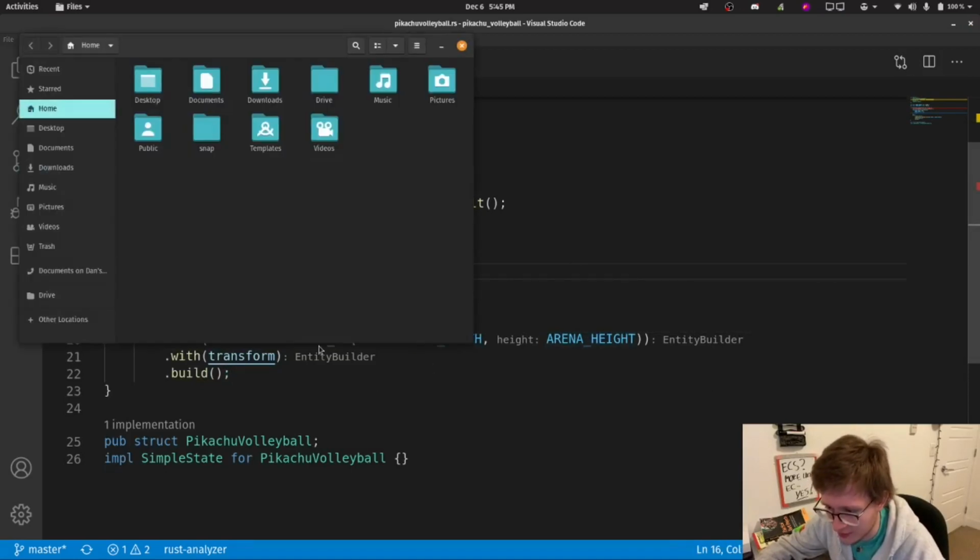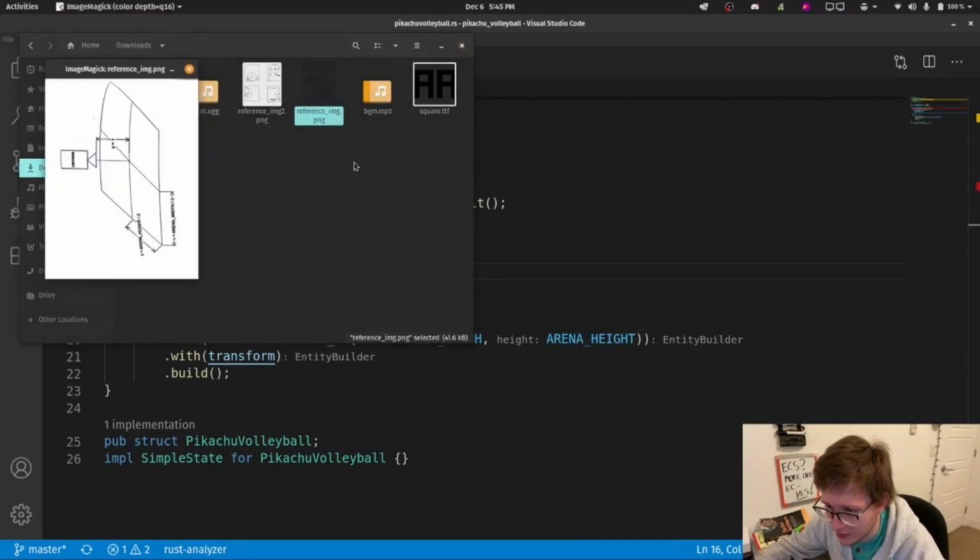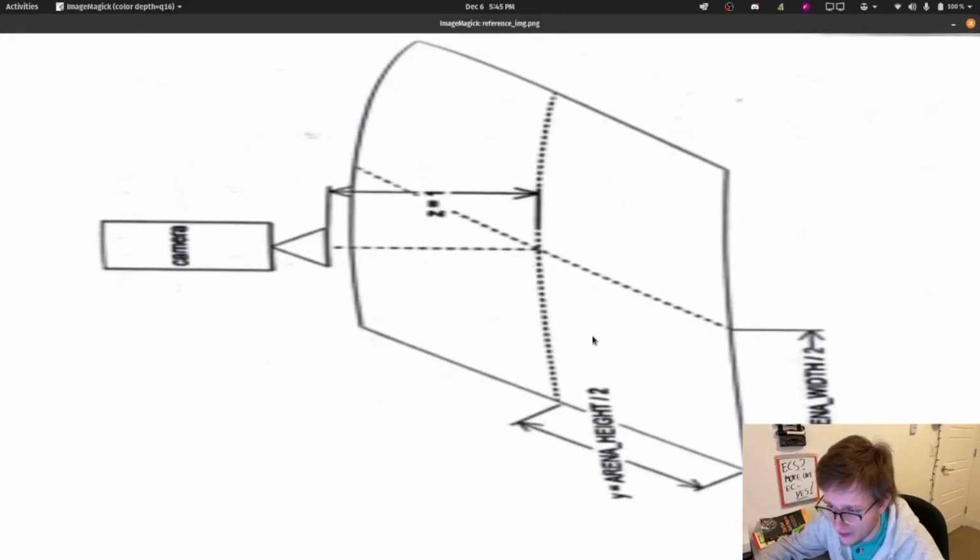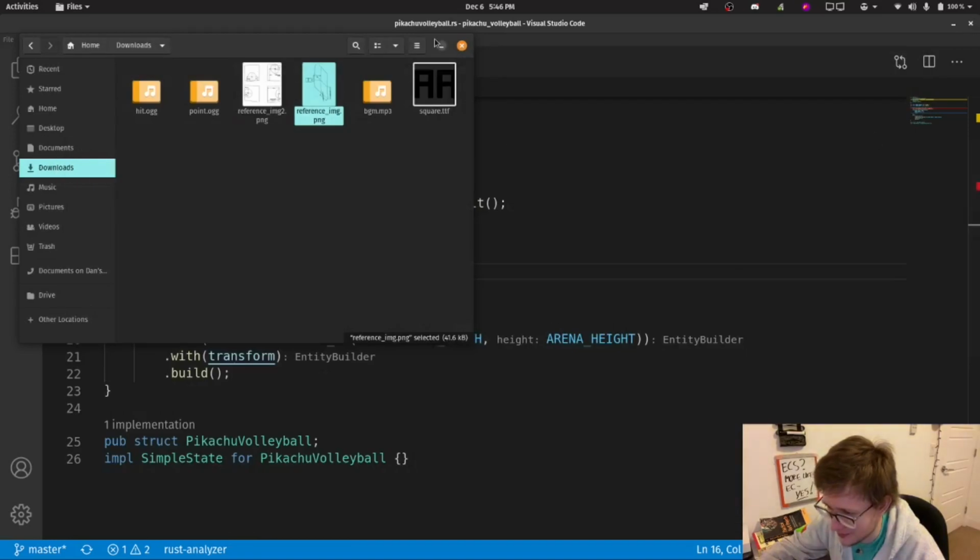I have it in my downloads, reference image. Oof, that's sort of pixelated, but hopefully you can see it. This is the camera. Arena height divided by 2, arena width divided by 2, and 1 sort of out of the picture. Right. No more pixelated images.